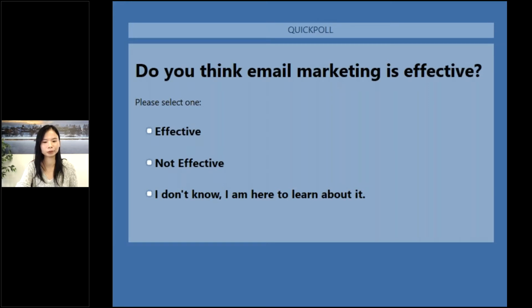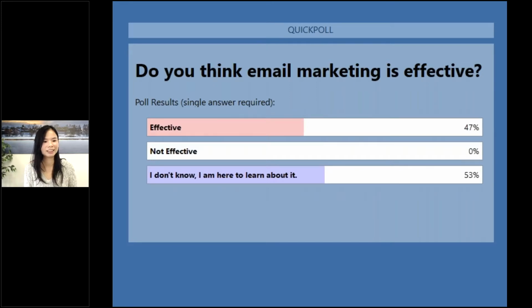Just answer that and let's see what sort of experiences people have, whether you've tried it or haven't. Right, let's see the result. We have about a 50-50 split. At least no one here thinks email marketing is not effective.